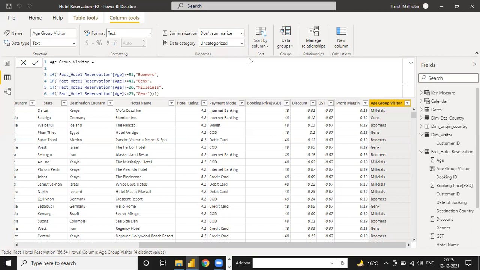Anyone? See why it is right? Yeah. Because Power BI first follows the first condition for all the rows, then disables this condition. Then it follows the second condition for all the rows, and then disables it. Then the third condition for all the rows, and then disables it. And then last, it follows this condition. So Power BI disables one condition at a time.